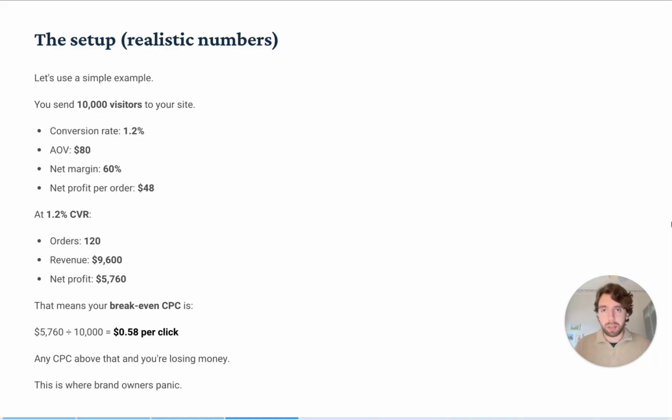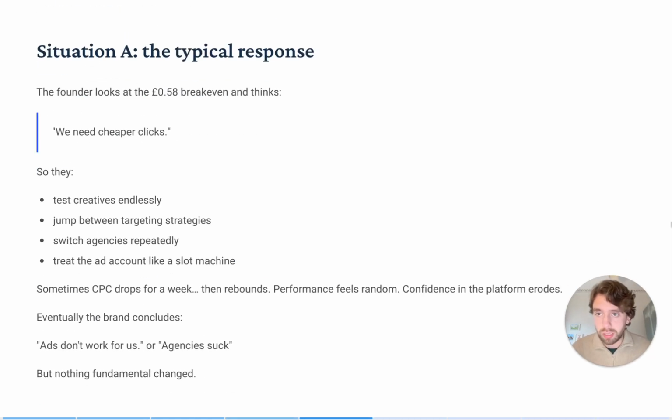And brand owners panic because of this, because they run ads, and you've probably experienced this yourself if you're a brand owner. You see that's what's happening. You're getting those results around a CPC that is not profitable for you. You keep piling more money in, and it just isn't working, or you're profitable barely, or you're relying on those second and third and fourth purchases, that LTV to make you the money. You're actually struggling on the customer acquisition side, and it just sucks. It's a bad place to be.